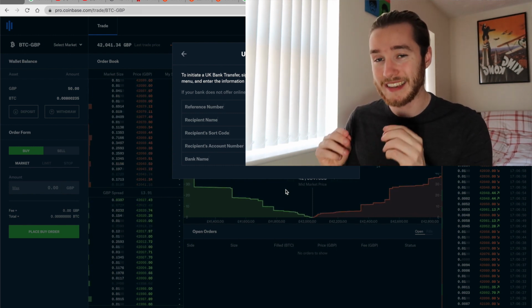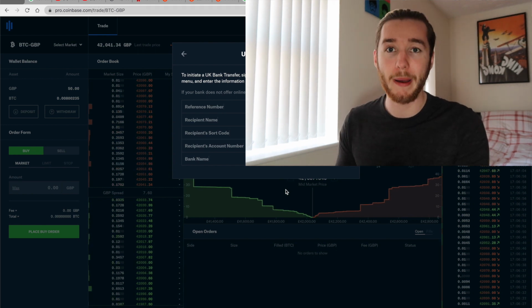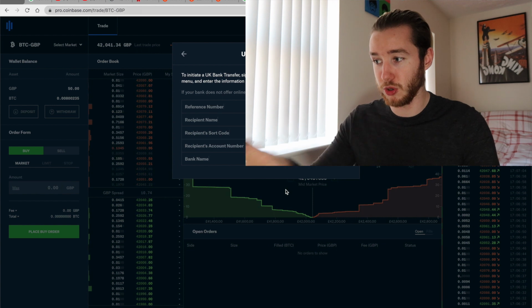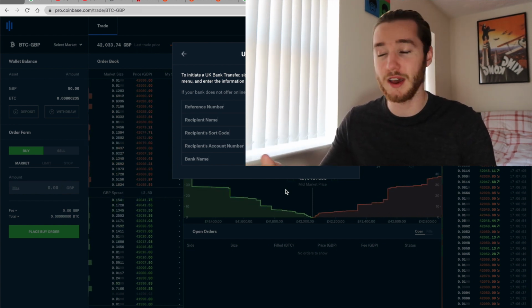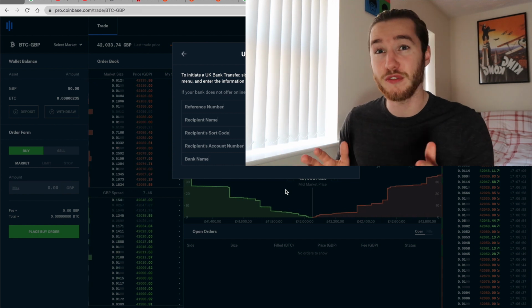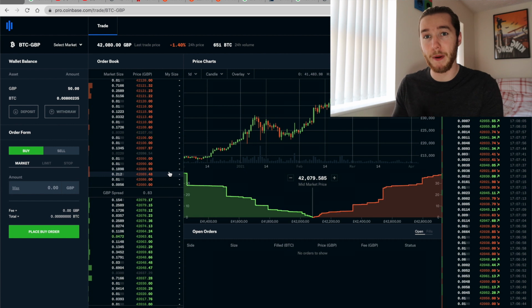Make sure you copy that in exactly, and then you set it up as a new payee through your mobile banking app, and then, using that reference number and account details, essentially send money there, and it'll be deposited in your account within a few minutes usually. So that is how to deposit money, and we're now going to look into how we can actually buy Bitcoin